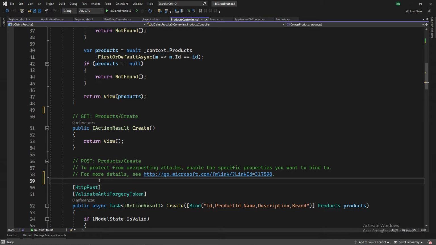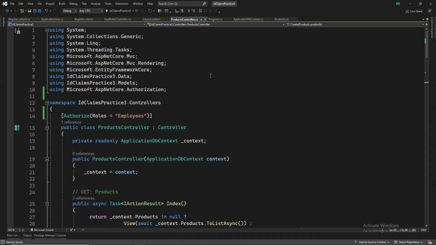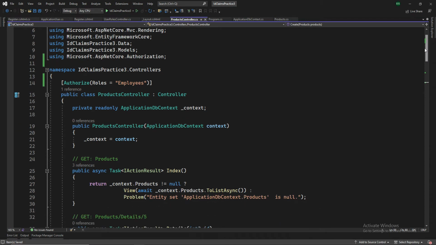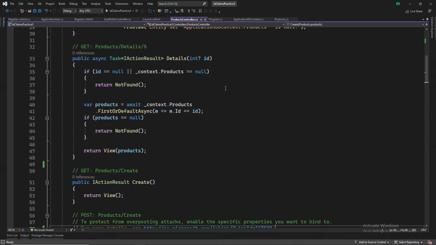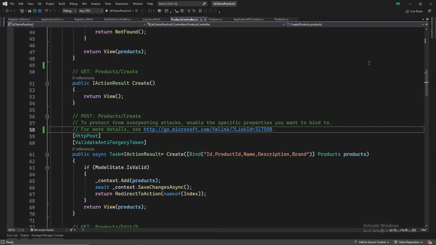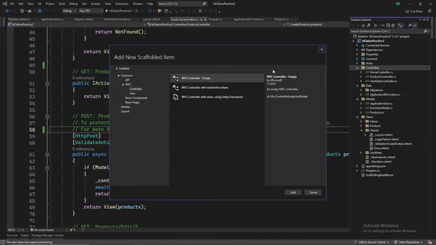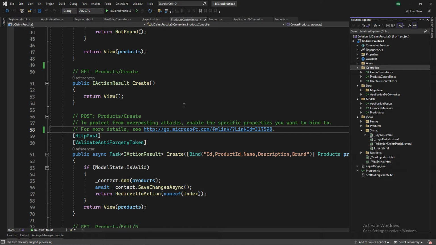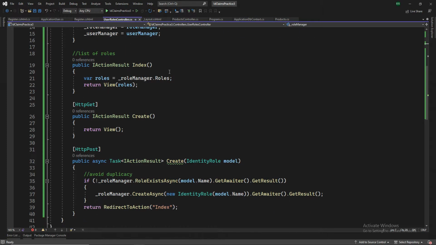Alright guys, that was all for this video. If you want to have a look at the products controller, let me just take you through it. Okay, so you can have a look at what all things we did. We have an index, we have details to view. This one was generated, actually, with MVC views. Add controller, yeah, this one, MVC controller with views using Entity Framework. So products controller was generated, user controller was created. So we created this one to show the list of